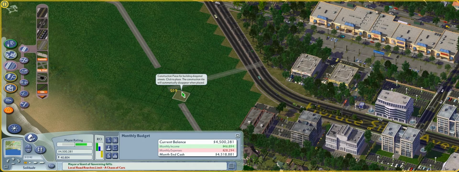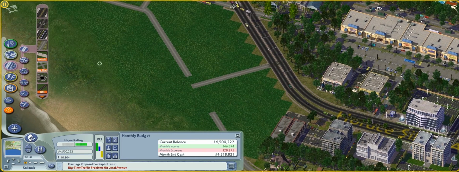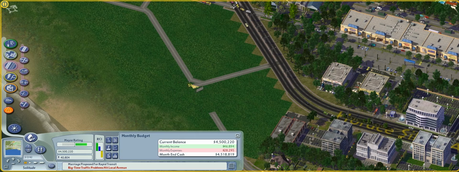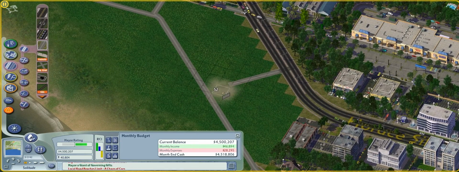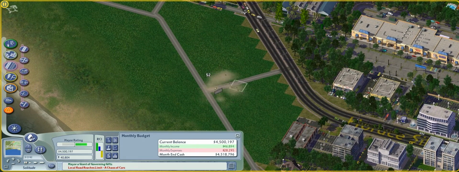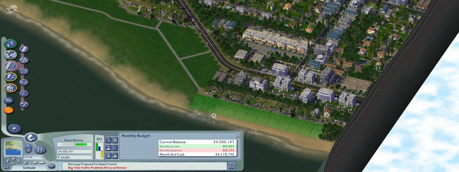Okay, here we are. Alright. About there, I think. Okay, perfect. This looks a bit messed up. If I can just redraw that, I think I'll need to do that. There. Alright. Looks good. I didn't really need to pause the game because there's no development there, but